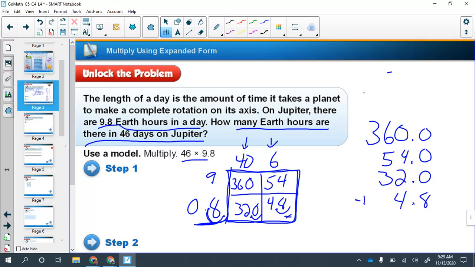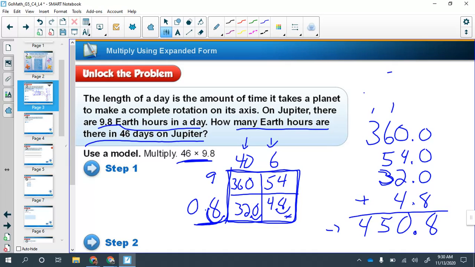So now, just like when we worked with the distributive property, we're going to add all of these pieces back together. Nothing plus 8 is 8. Put in my decimal. Here I have 4 plus 2 plus 4, which is 10. Regrouping, I have 6 plus 1, that's 7. 7 and this 3 make 10. 10 plus 5 is 15. And then I regroup again. 3 plus 1 is 4. So the answer to my original problem of 46 times 9 and 8/10 is